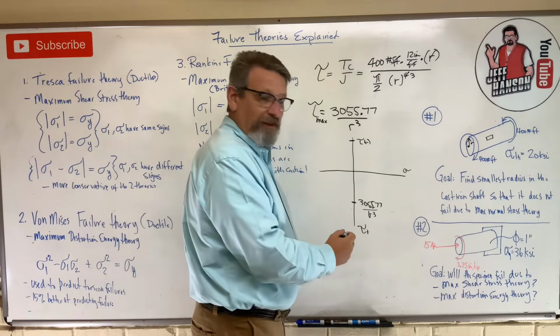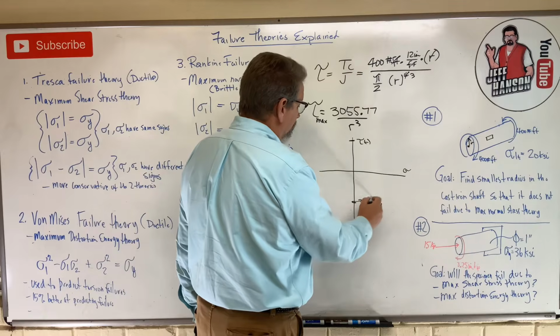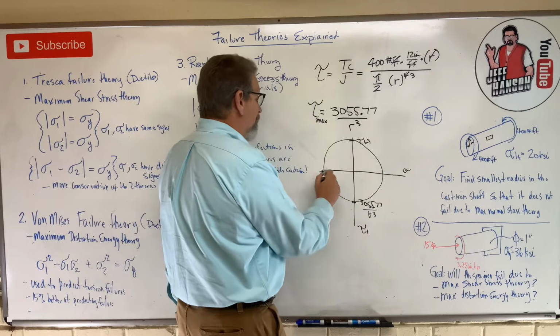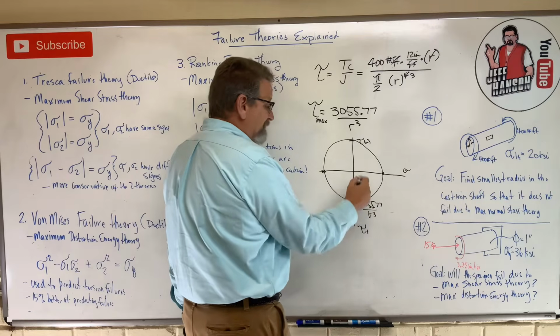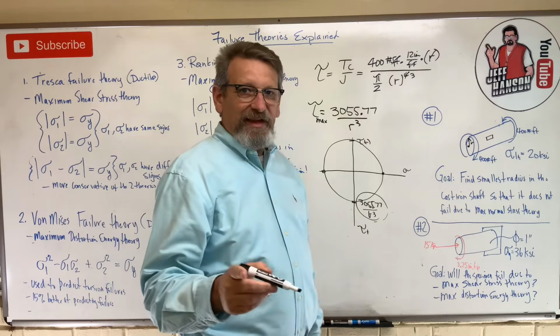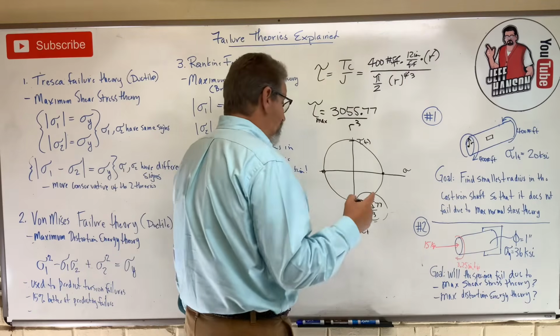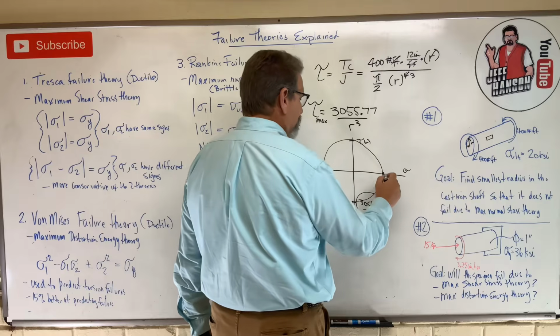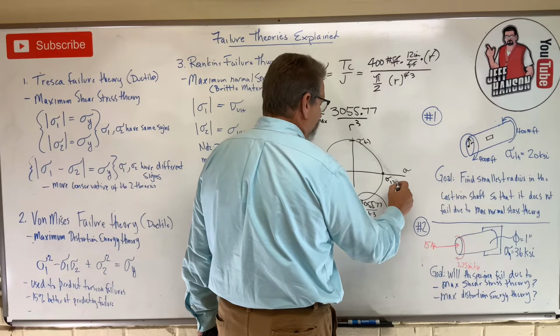Can I draw a circle out of that? Well, yeah. It goes like this. Kind of circular. What does that mean? If tau is that number, what does that mean sigma 1 is? Sigma 1 is a radius, right? That means sigma 1 is that number. So sigma 1 is equal to